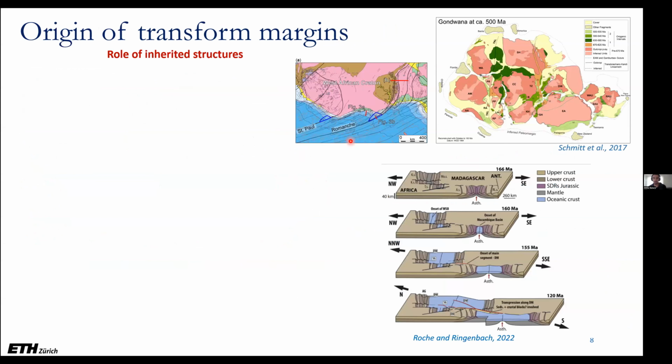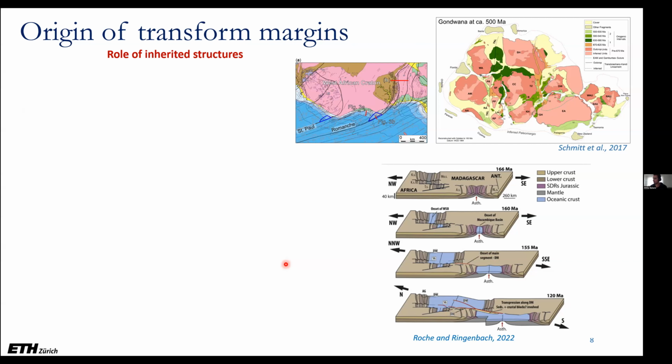So the location of transform faults and transform margins not always, but often coincides with inherited structures from preceding tectonic phases. In the case of the Central Atlantic, early Cretaceous rift initiation was dominantly controlled by inherited Pan-African shear zones. Furthermore, tectonic reconstructions often infer en echelon geometries of rift structures, where the rift zones and later the oceanic basins are propagating towards each other, creating transfer zones, like in the case of the reconstruction of the Davie